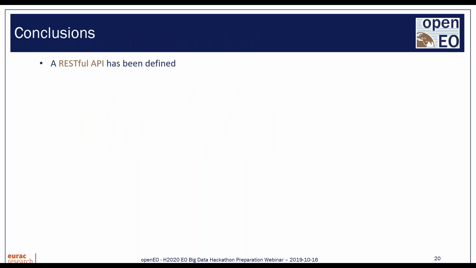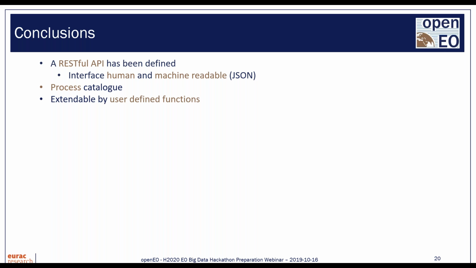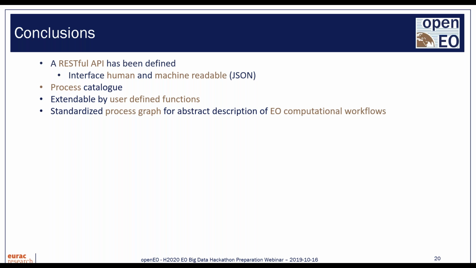As a summary, openEO has defined a RESTful API. It's an interface which is human and machine readable in JSON. I showed you these short examples there. We have defined this catalog of processes, standardized basically, and these processes can be extended by user-defined functions so that you can do more complex things. We have standardized the process graph in an abstract way, to describe EO computational workflows. So this process graph can be run on any different backend and is defined independently of what's running in the